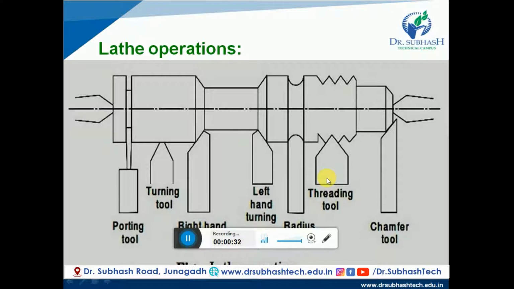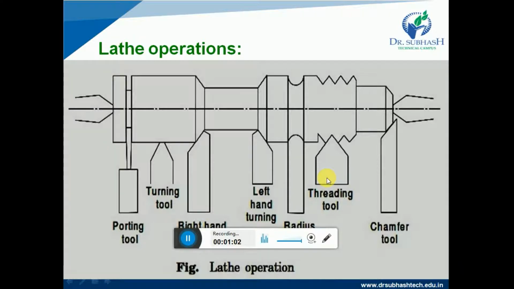the job and center it on the headstock spindle. In the lathe operation, the headstock spindle holds the job and it rotates at the same speed as the spindle. The carriage holding the tool on the tool post moves longitudinally or crosswise to give the desired feed on the job. These two motions, longitudinal and crosswise, remove the chips of metal and give the proper shape to the job.